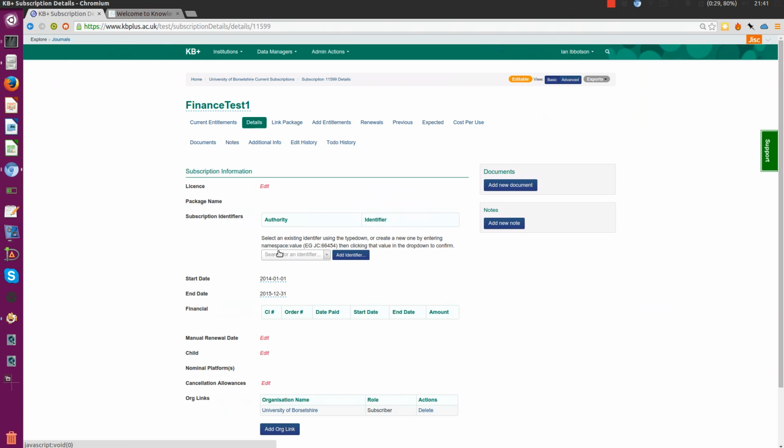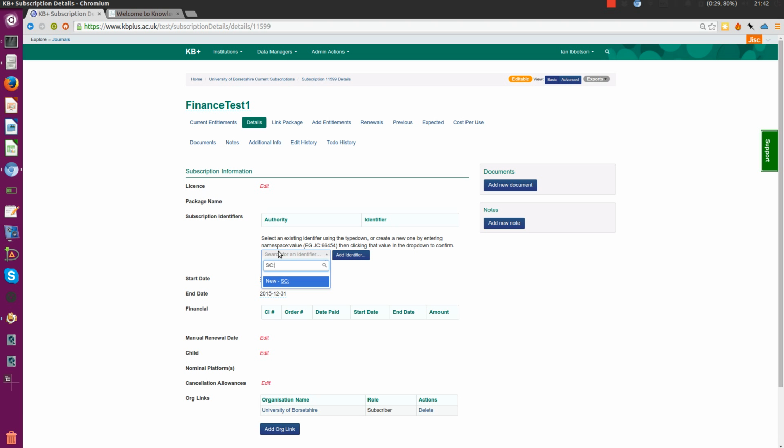We've always been able to store identifiers at the level of subscriptions, but it became very apparent when we were doing this work that we were going to need to namespace subscription identifiers, because if you have Oracle Financials, maybe you've got an Oracle Financials reference for your subscription, you're likely to have a JC, JISC Collections reference. So we've added this idea to do namespaced identifiers in the same way that you have namespaced ISSNs and ISBNs and EISSNs. So what I'm going to do first for this new subscription is I'm going to give it a